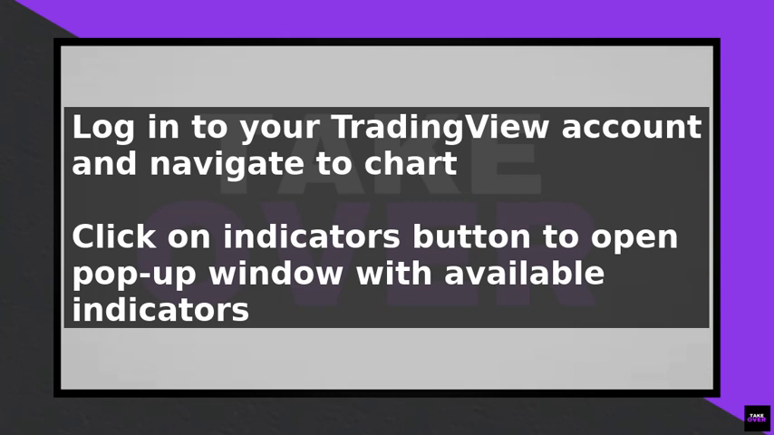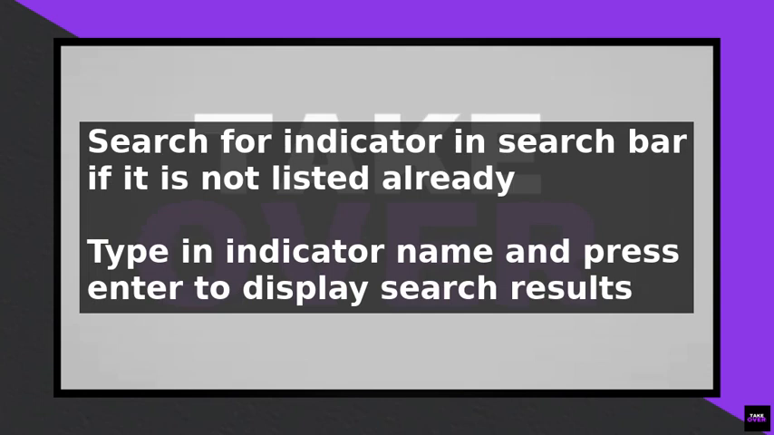This will open a pop-up window with a list of available indicators. If the indicator you want to add is already listed, simply click on it and it will be added to your chart. However, if the indicator you want to add is not listed, you can search for it in the